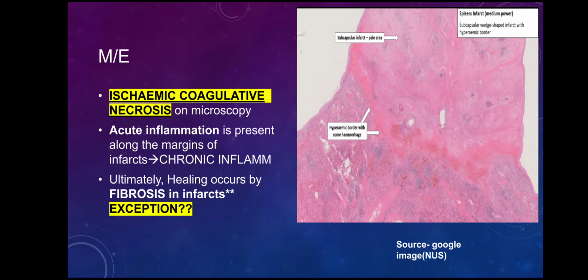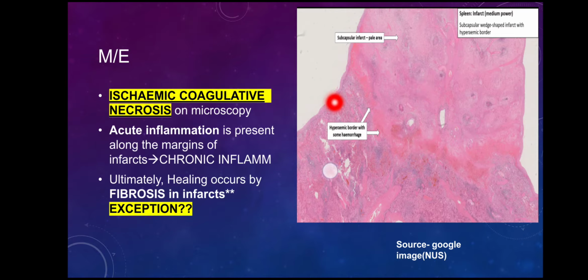Now, in the microscopy, as I already told you, if there is infarct, there will be necrosis. And what type of necrosis will be there? There will be ischemic coagulative necrosis. So whenever there is ischemia, there is coagulative necrosis on microscopy. And the important feature of coagulative necrosis is that the cellular outlines are generally preserved while the nuclei of the cells are lost. So we will see the pinkish areas devoid of the nucleus, and that appearance is known as the tombstone appearance of the cells. So only the outline of the cells remains while the cellular details, the nucleus, are lost.